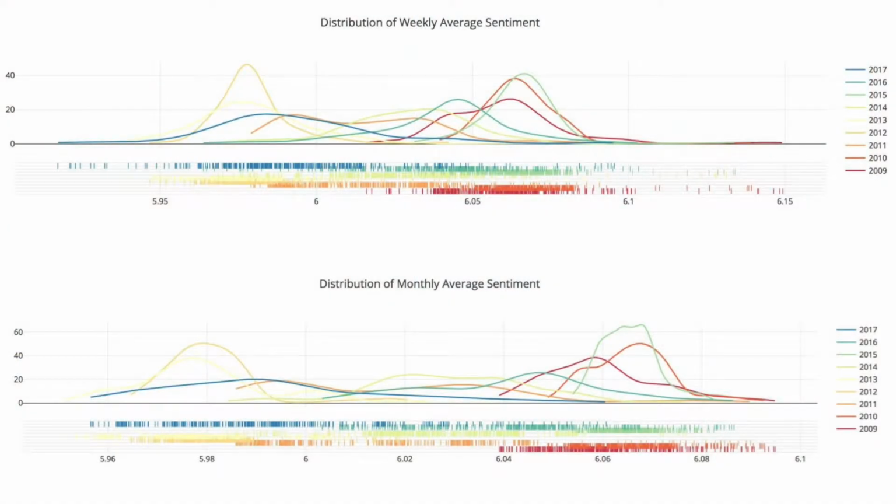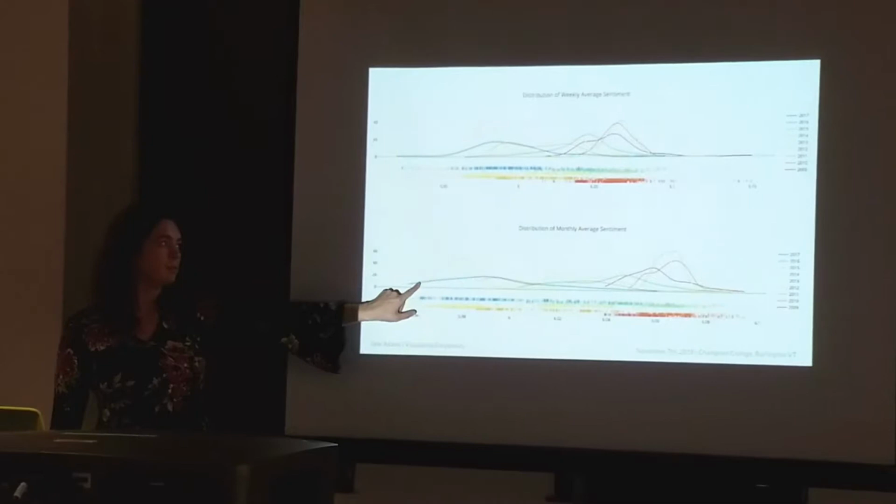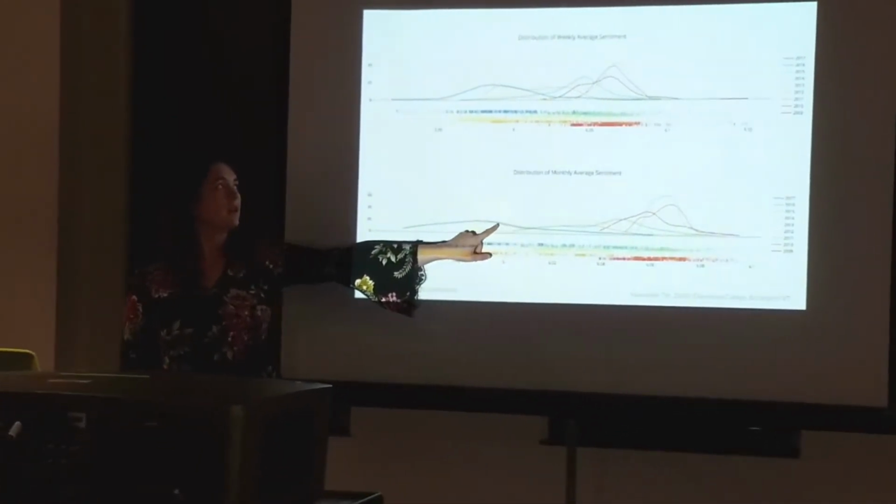So then continuing on that visualization track, taking the distribution of the weekly average sentiment and then the monthly average sentiment, we really start to see some stratification of year over year how things are changing. So we can see that 2013, 2014 are sort of low back here, but a little bit more tightly distributed, whereas 2017 is one of our flattest years, which means that there's the most variance, especially in monthly average sentiment.